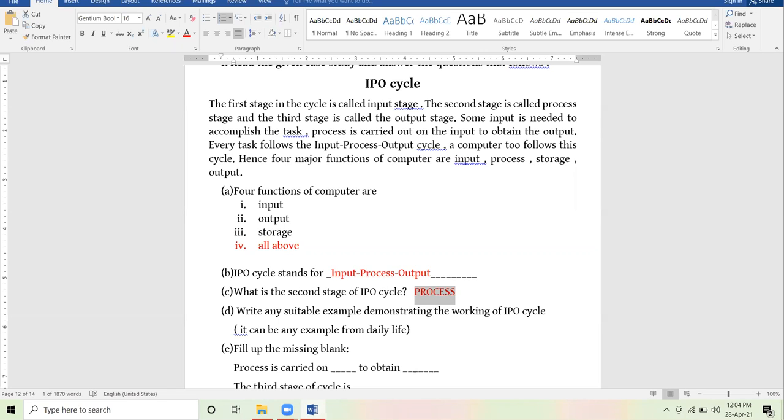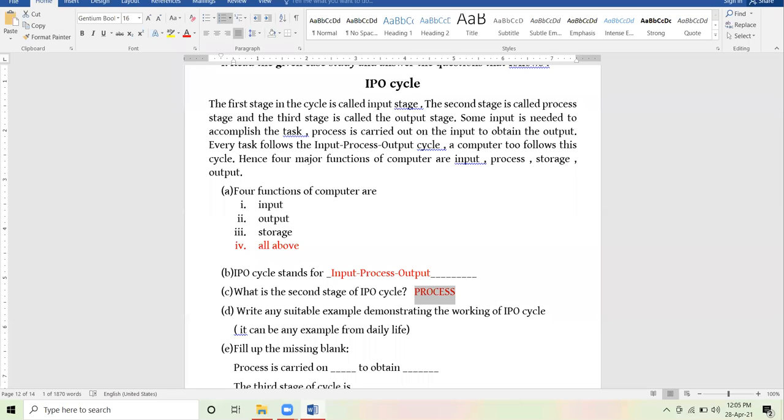Put all the vegetables and some oil in the pan and stir them well. Very good. Second stage is process. So Japji has given the very correct answer. Now we are to take one pan and put all the input in that. We add oil, then put vegetables. Then all the things, whatever you want to make your Maggie more tasty. So on your gas, the process is going on.